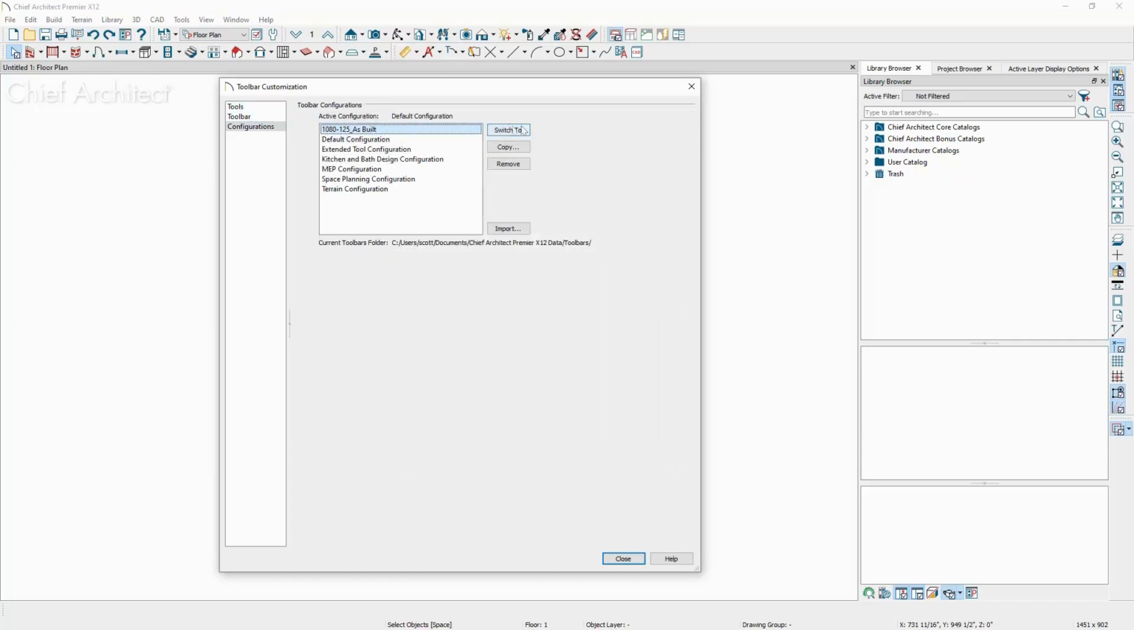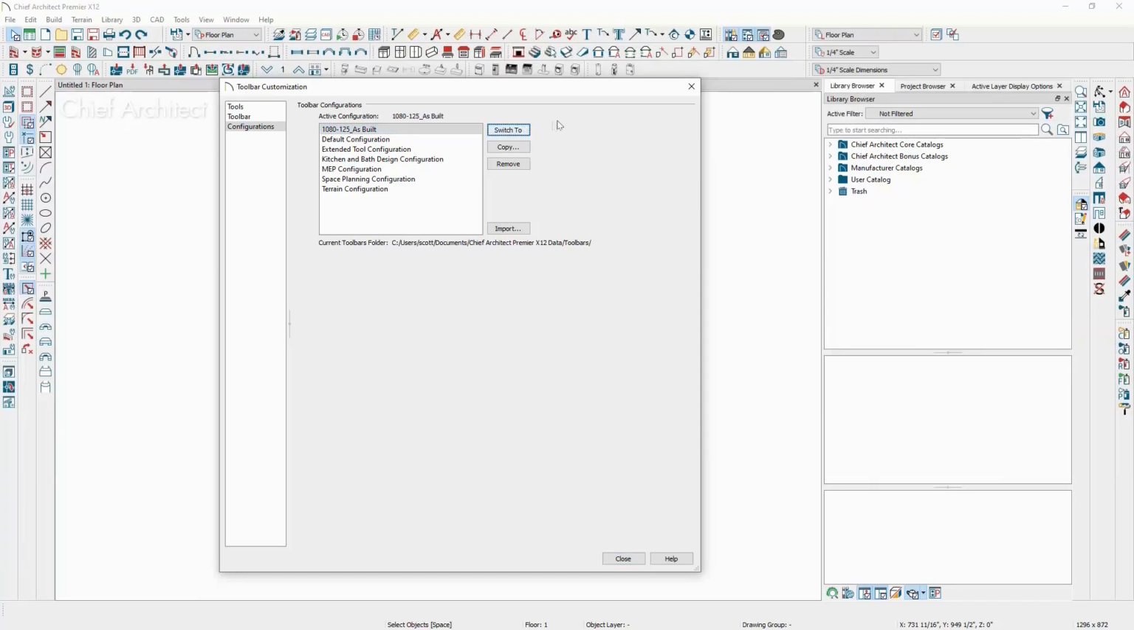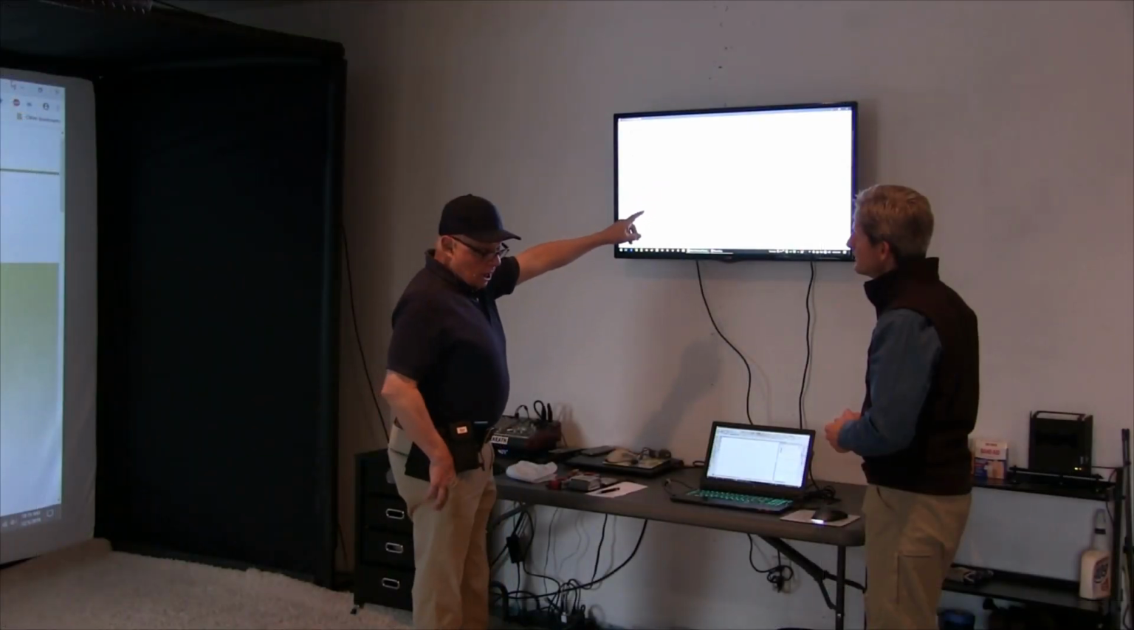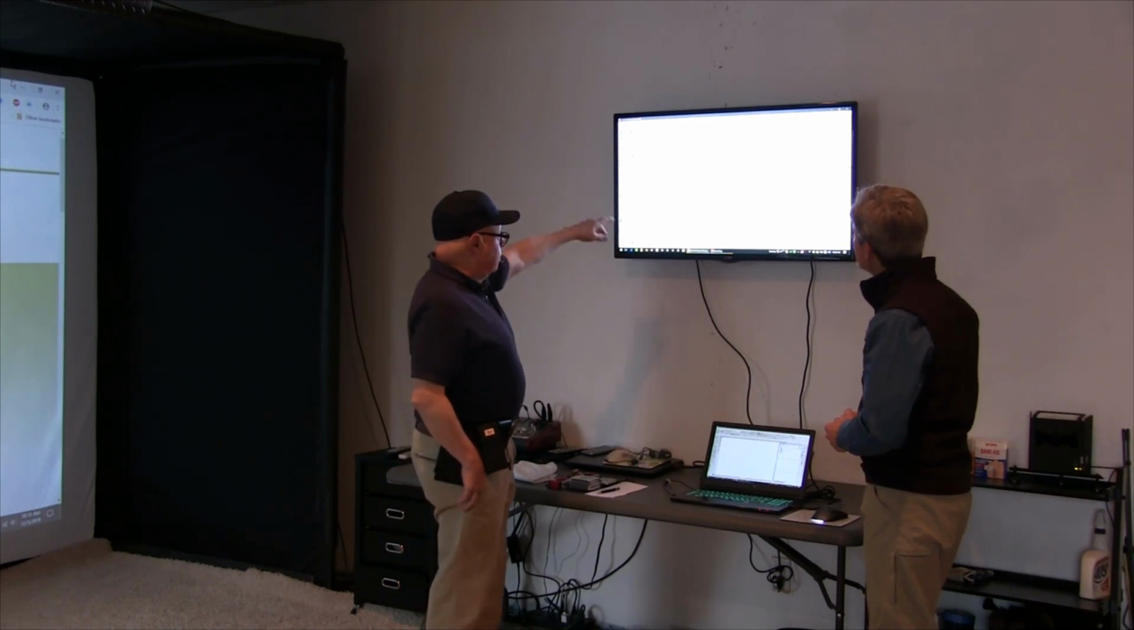we'll go over here to toolbar configurations, and this is a pre-built configuration that I use for as-built projects. And as you can see, I have quite a number of tools out here. There's a purpose for all of this. I have a number of fixtures that are used all the time. Okay. In all of these, and